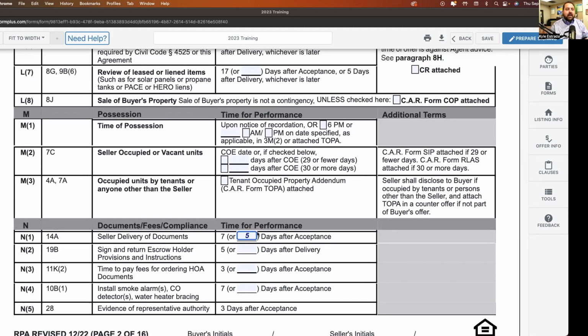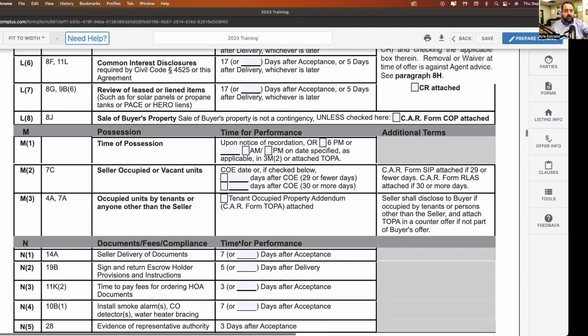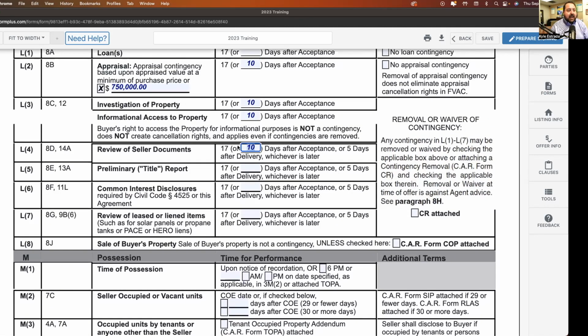If I'm shortening my time periods, I'm going to shorten theirs, because what happens is this. As long as the seller's not late on these 7-day deliveries and I have 10 days to review, they give it to me on day 7, all the documents to review, and they give me everything. That gives me 3 days to review it, and my contingency is still up. The only time it would go past that 10-day contingency is if they delivered them on day 8 or later. But as long as they're on time on day 7, I have to live by that day 10, which really puts me under the gun.